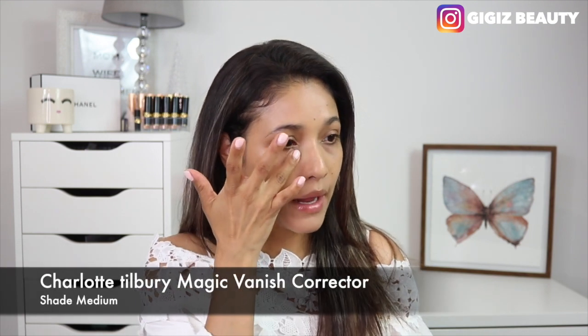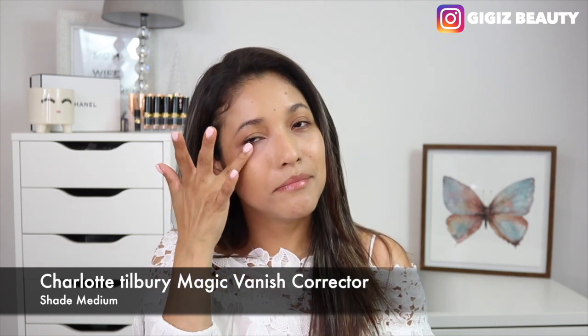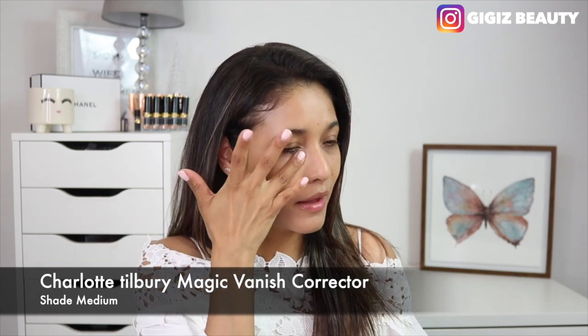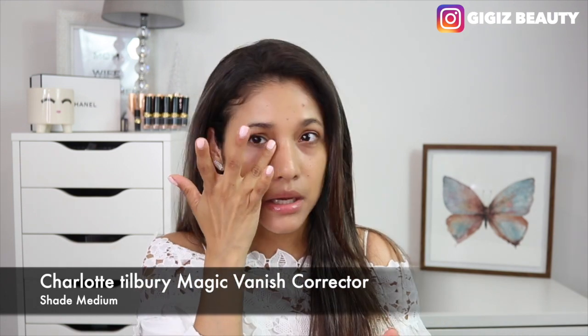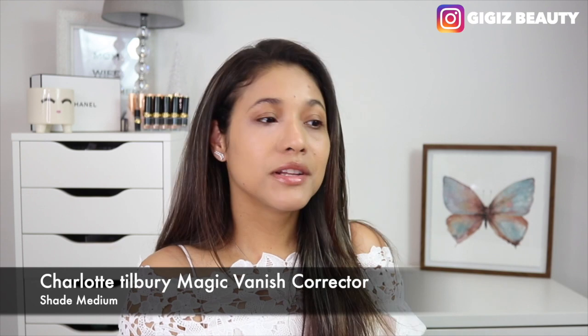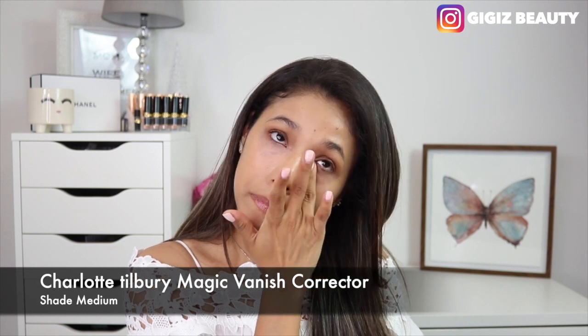If you don't like full coverage, you want to stay far away from that guy. And then her Light Wonder is minimal coverage, almost nothing. I'm using her Magic Vanish Corrector because I am feeling really tired and my eyes are showing. Anyway, I was saying, I thought this was her in-between foundation. So not too full, not too